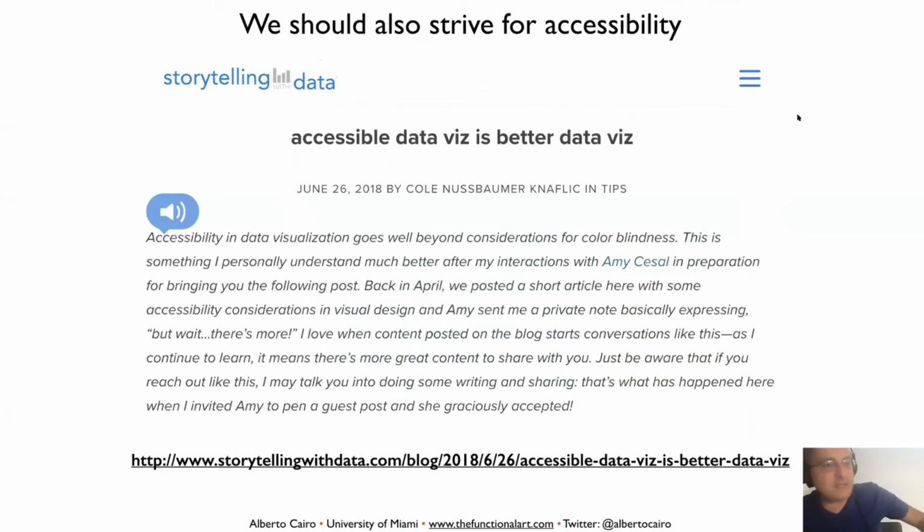One of the things that I have been advocating for recently is that whenever it is possible, if you publish a visualization on your website to tell a story or to convey a message, and more often than not, it is possible, provide a written description of that visualization, of the main points that visualization is making. Think about visually impaired people. A visually impaired person will not be able to read your graphic. But if below your graphic you have a paragraph that talks about what that graphic is showing, the computer will be able to read that description out loud. And then the person who cannot see the graphic can still envision the graphic in their brains and get the main points that your graphic was going to show.